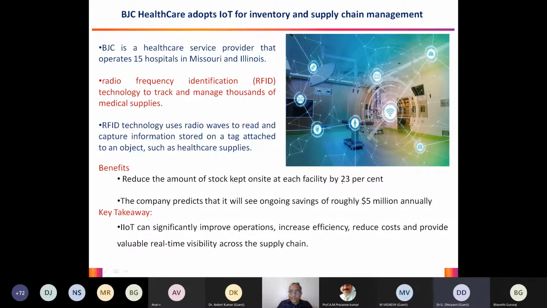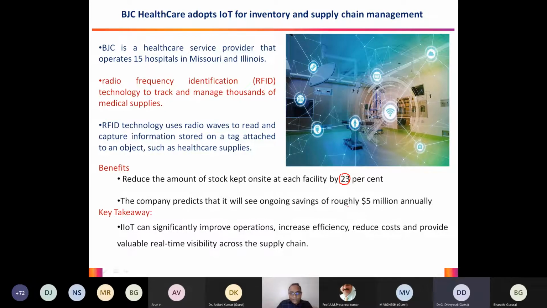So unwanted stock is basically removed from the inventory. Because we all know all these medical equipments have a lifetime of a certain duration. So it is very important that once the particular expiry date is passed, we don't want to have those equipments. In that case, you can always get rid of them. So by this technique, the hospital was able to save around 23% of their stocks, right? So they are able to clear all unwanted stocks.